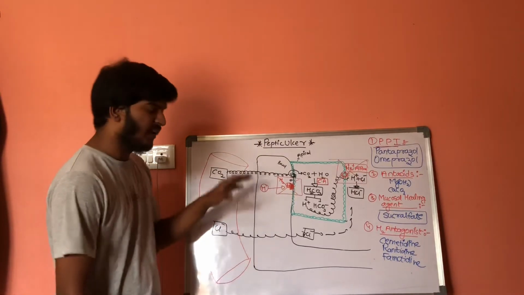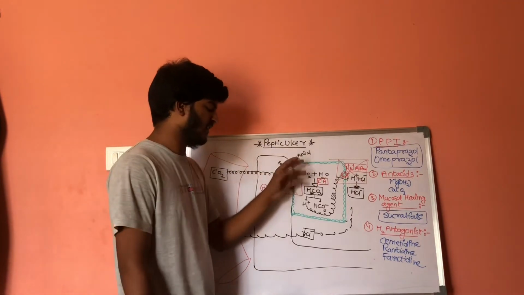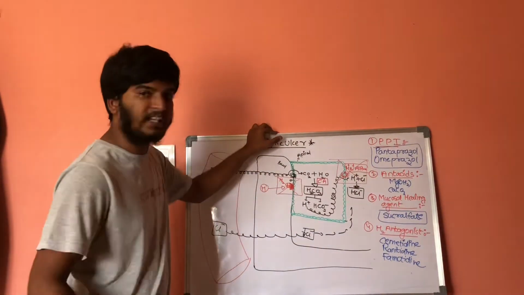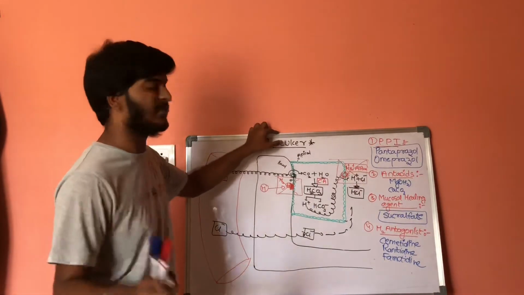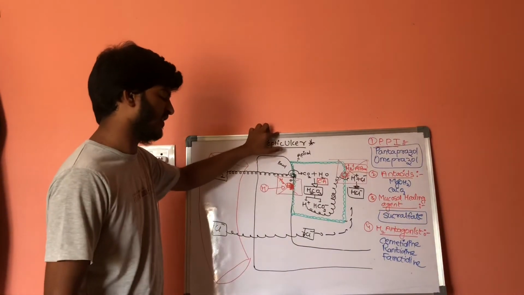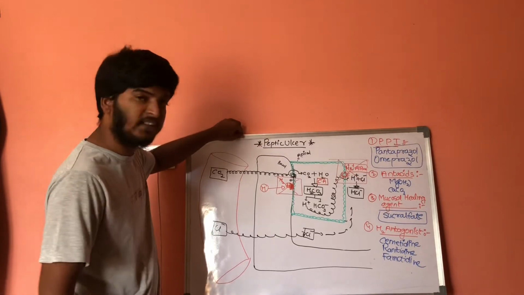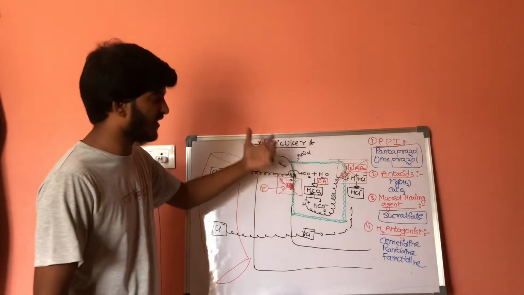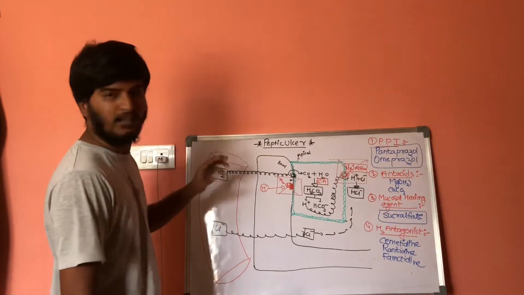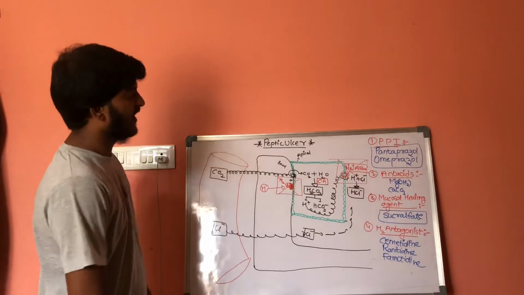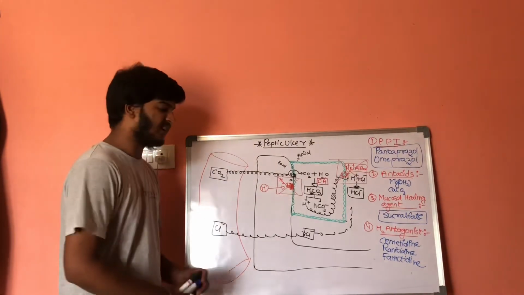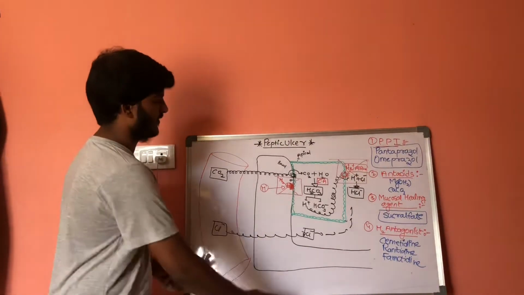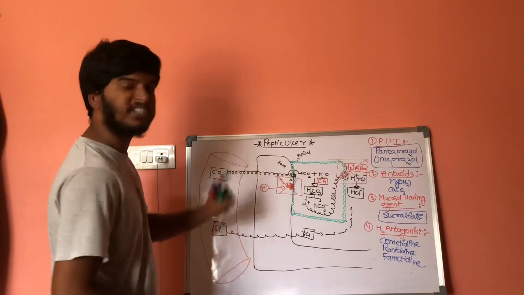So if you come to the definition of peptic ulcer, it is easy: there is formation of ulcers in the upper part of the gastrointestinal tract, which includes the esophagus, stomach, and the anterior-most part, that is the starting part of the duodenum. So if we discuss the types of ulcers, there are 3 different types of ulcers. This is some important information.